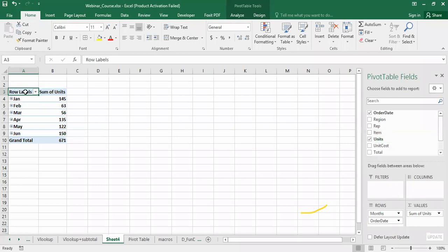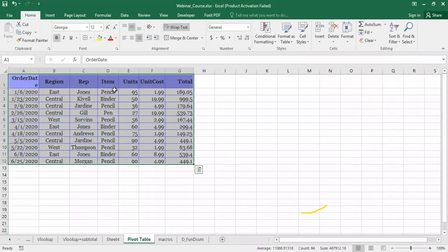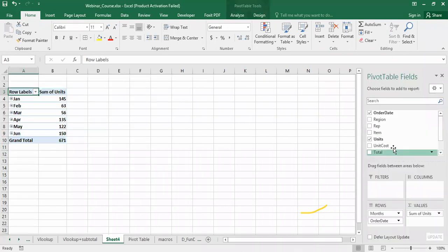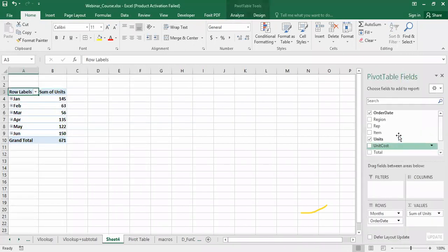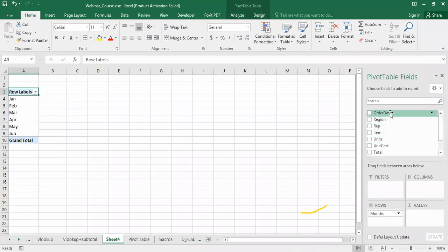So for that particular label, the summation of the numbers we had in the parent table has been done here. Okay, so we had January, February, that kind of. So we have selected this particular order date first, and then next one was units. So in that particular month, how many units have been sold or distributed. Okay, or otherwise one thing we can do very easily. So I will show you in the other way. I want this order date on the column side and the items on the row side.